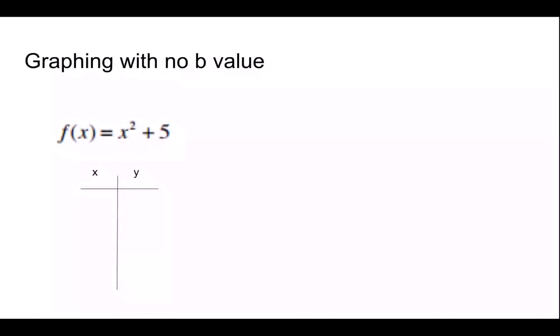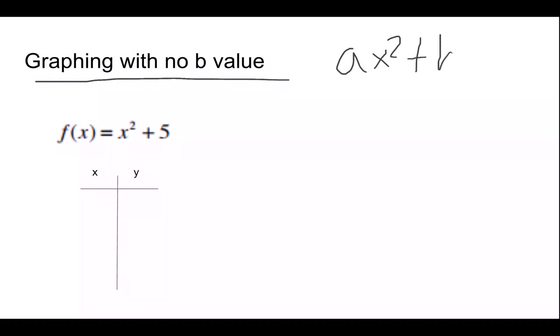Okay, so this week we've been learning how to graph quadratic functions. And today we're going to learn how to graph quadratic functions that don't have a b-value. So normally you're used to ax squared plus bx plus c, and that equals our y. Well, in this case, we're missing that bx, or we're missing that linear term. Whenever you're missing that linear term, your b-value in this case is just 0, which helps us out because we're